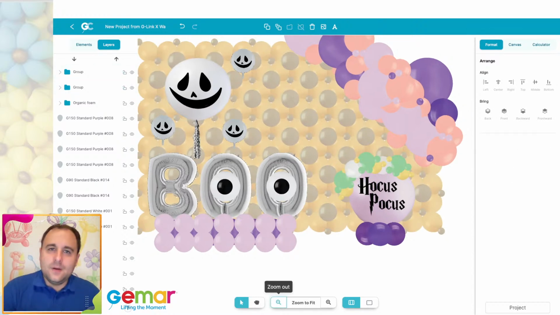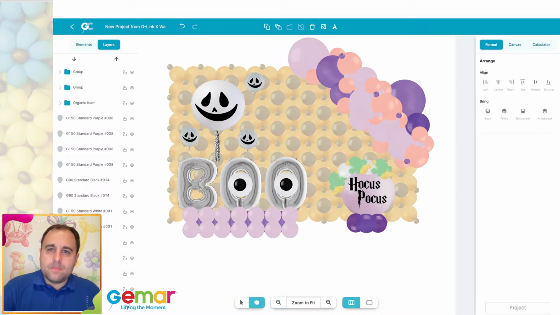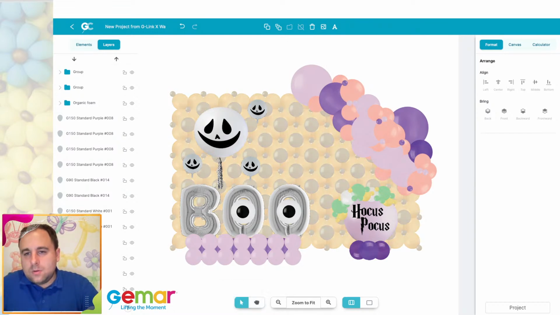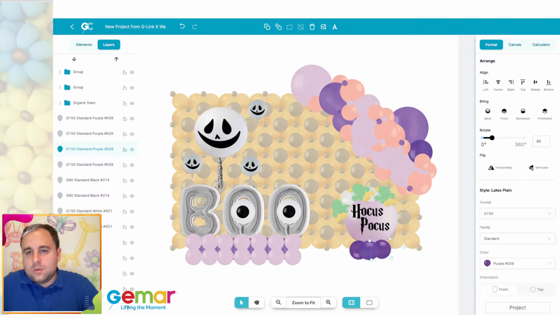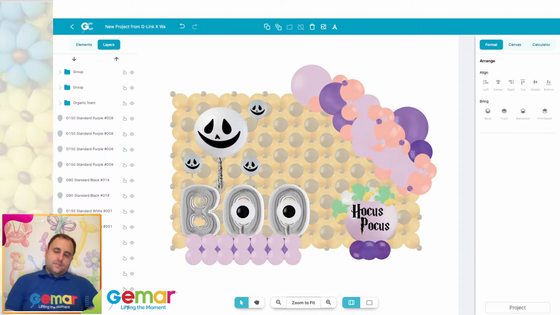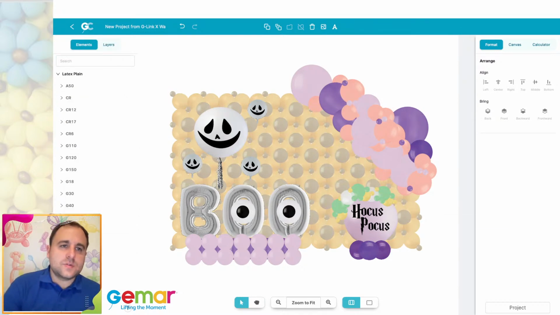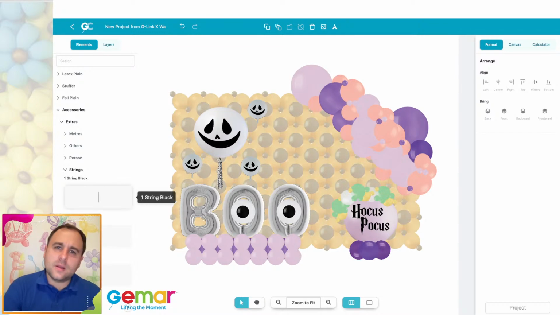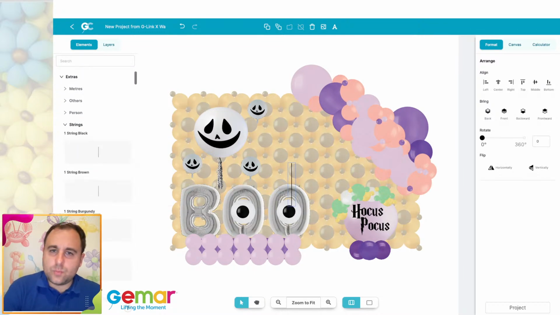So we have this beautiful balloon hocus pocus design. What we need, let's go to the elements, let's just close all of these. Let's go to the accessories, because I think we need strings. Let's just use black string for this. Rotate this a bit. I'm going to use black strings